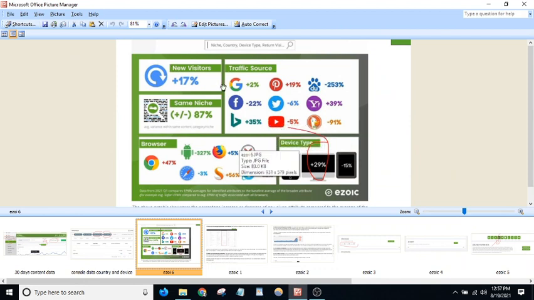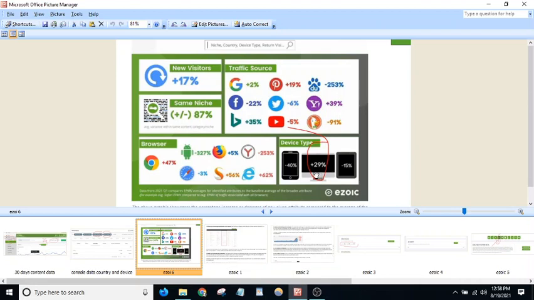This is the Ezoic way to tell you what to do if your traffic is low, or what the factors are causing low traffic or high traffic. As you know, higher traffic is always higher earning, right? But if there is bad traffic, then it will give lower earnings. I have selected here, you can see this. What I am telling you is, your content should be focused on desktop users more than mobile users.